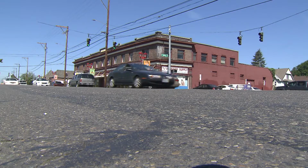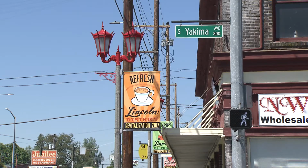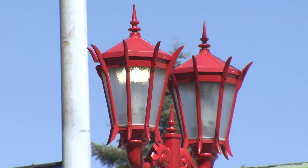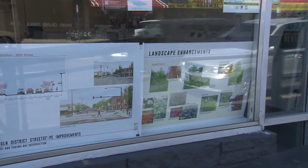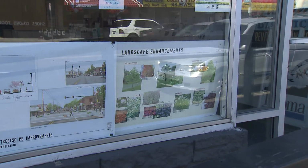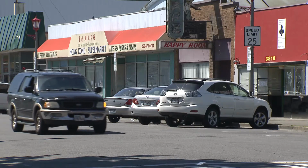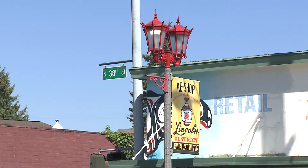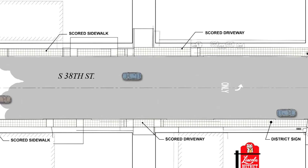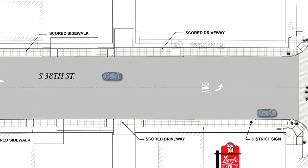A project that's considered the cornerstone of the Lincoln District revitalization effort is preparing to get underway. After a full schedule of planning and design mixed with community input, work on the Lincoln District streetscape is about to begin. Work is expected to start on or around the week of June 19th. The first thing drivers will see will be the electronic message boards on each side of the project on South 38th Street,